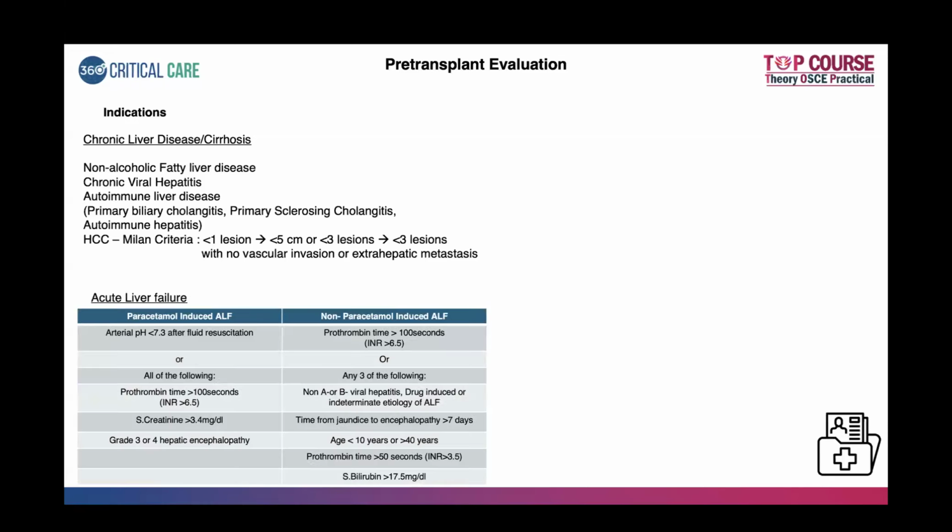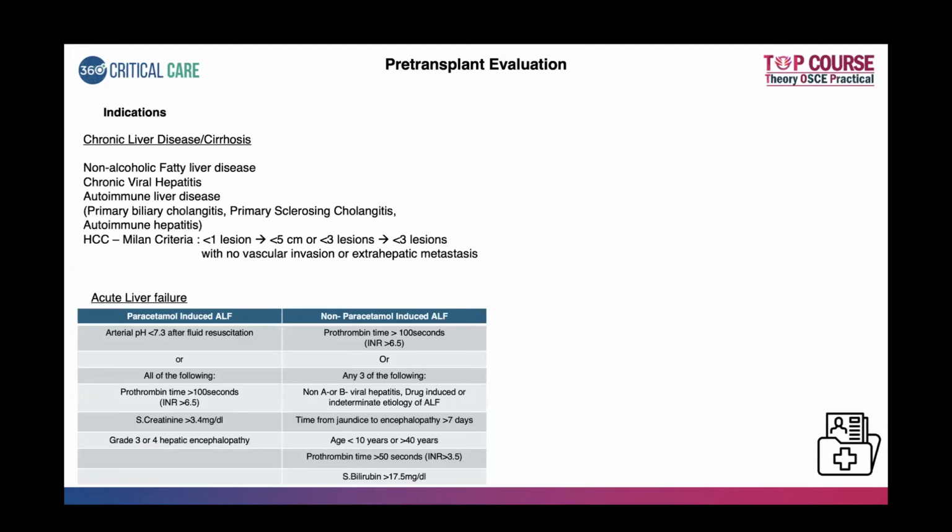Then for acute liver failure, as most of you would know because you are in the exam preparation phase, just for revision purposes, I've put it up. For paracetamol-induced ALF, you have a single criterion of arterial pH less than 7.3 despite fluid resuscitation, or all of the three: INR more than 6.5, creatinine more than 3.4, and grade 3 or grade 4 hepatic encephalopathy. For non-paracetamol-induced ALF, a single value of INR more than 6.5 or PT more than 100 seconds, or any